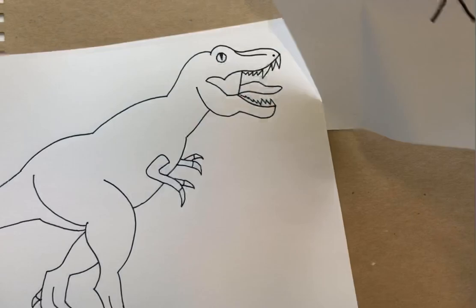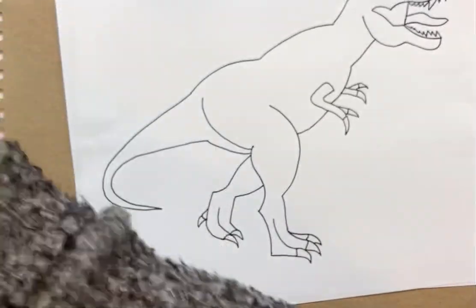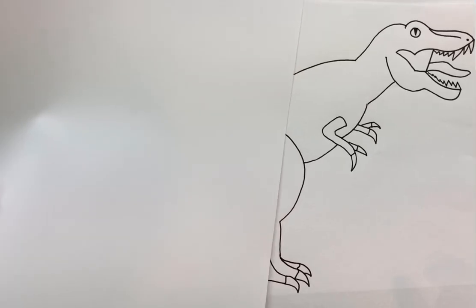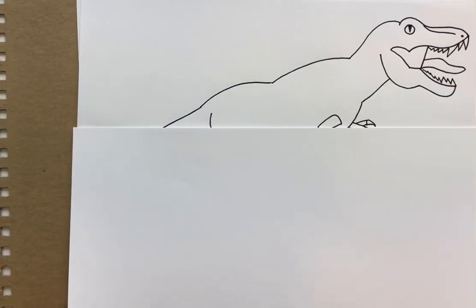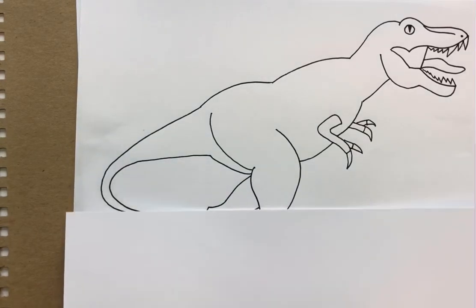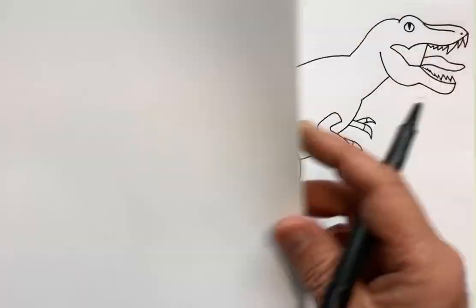So let's get going. Oh, one other thing. If you, for example, draw your dinosaur and you end up not getting all of it on your paper and it looks like this, there is nothing wrong with that. You don't have to have the whole animal on your paper. Same with if you don't get the bottom on your paper. Doesn't matter either. This is a beautiful piece. Not so, because the head's important. Okay,